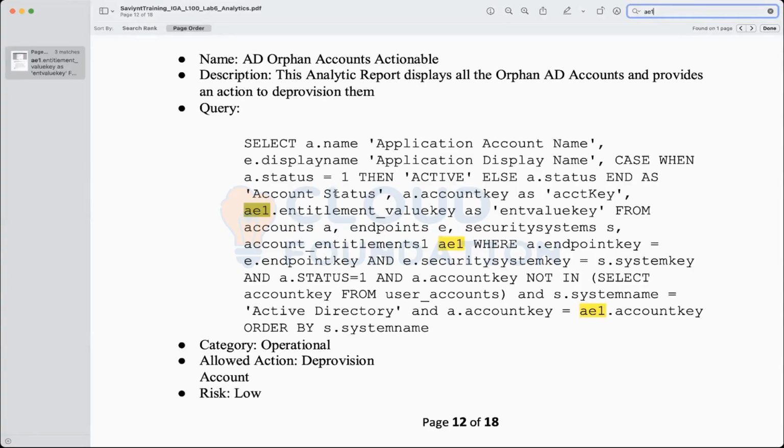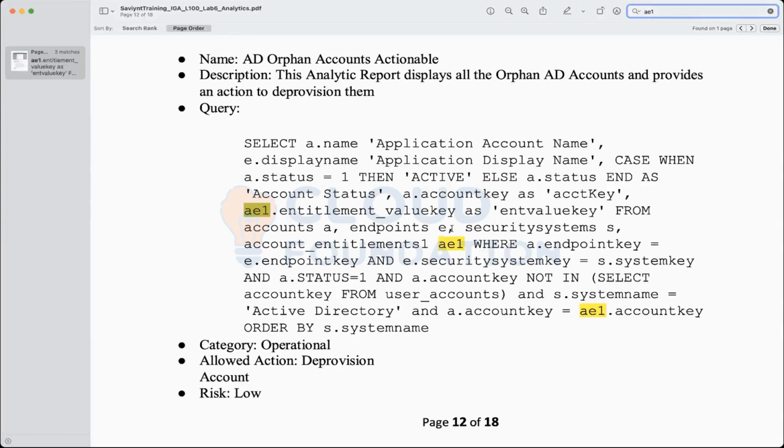Right. If I know that Deepa's identity exists within Saviynt, but I don't know which account is Deepa's account, then it makes no sense. I might have details about all the accounts that you have. I might have details about your user identity, but if it is not correlated, I might not be able to do anything. And that is the case with entitlements as well. I might have your entitlements and your account information both independently, but I need the correlation as well, correct?